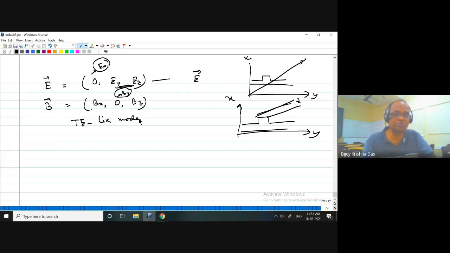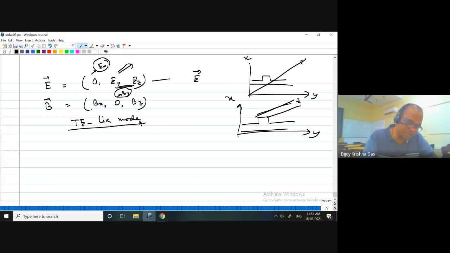Even in that case, you may find that out of Ey and Ez, Ey will be dominating. Whatever solution comes, you have to accept. But most of the time, for the conventional waveguides we use, you will find this type of solution where Ey is dominating, Ez is negligibly small, and Ex is close to 0. Similarly, Bx will be dominating, and Bz will be negligibly small, By negligibly small. That type of situation is normally called a TE-like mode.